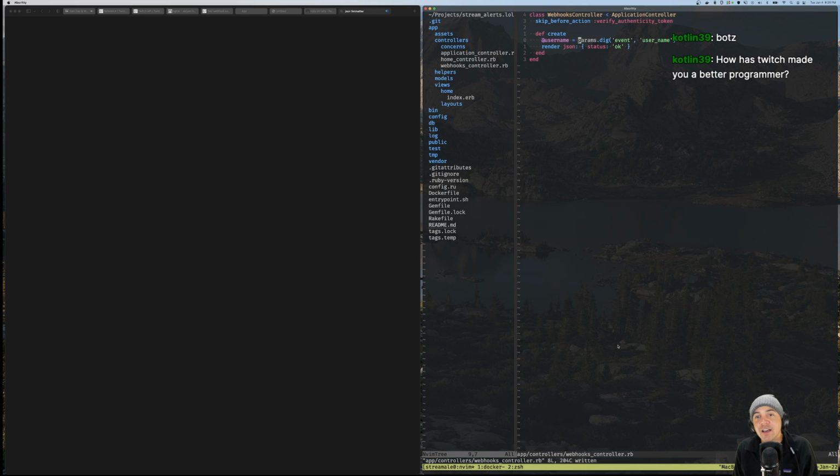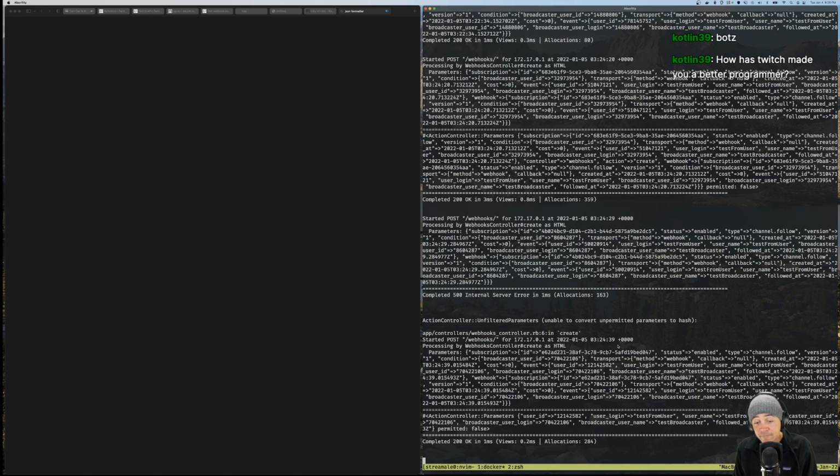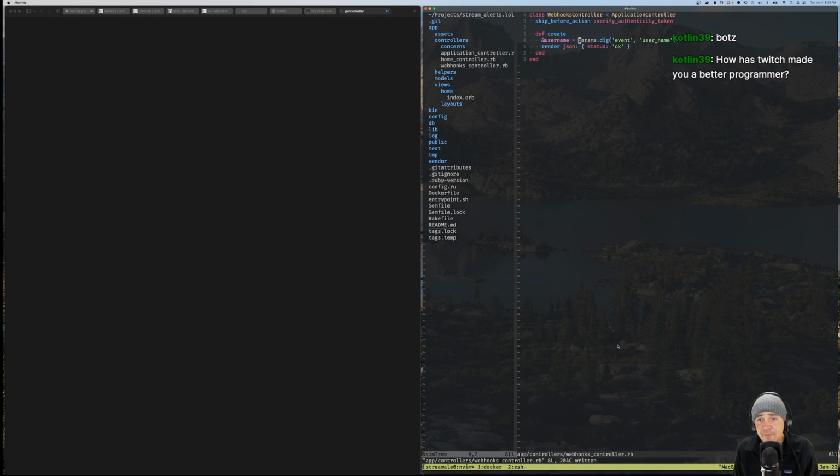So let me oh, but now I need to respond to the webhook though, right? But I can probably, as long as it's a 200, it's probably okay, right? If I redirect, even if I redirect, the webhook probably is fine, right? If I say def show, right? And we'll say webhooks show.erb, and we will say